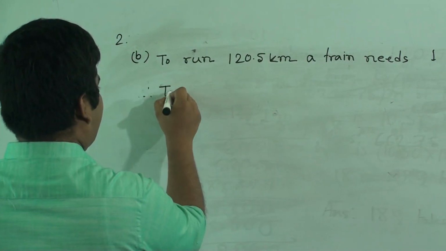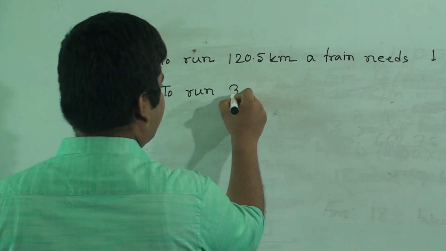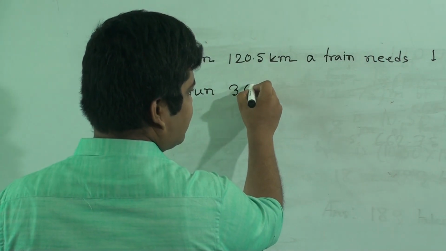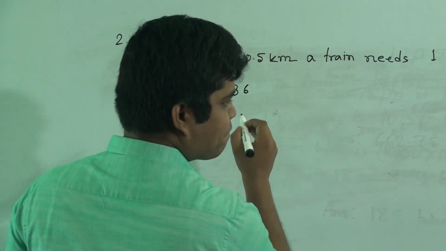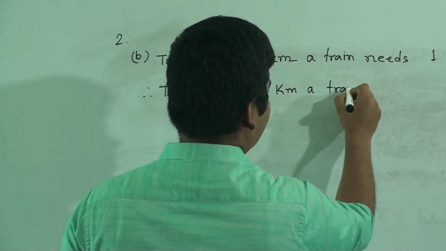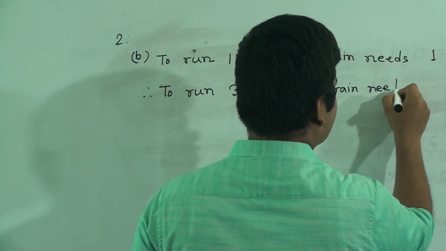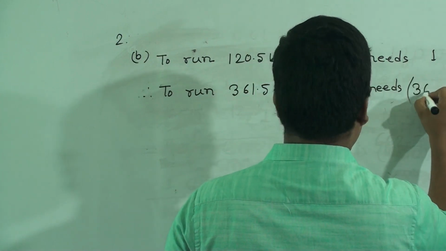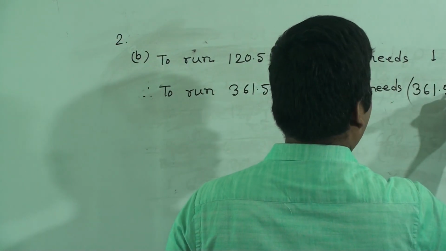So therefore to run 361.5 kilometers, a train needs, we divide this, 361.5 divided by